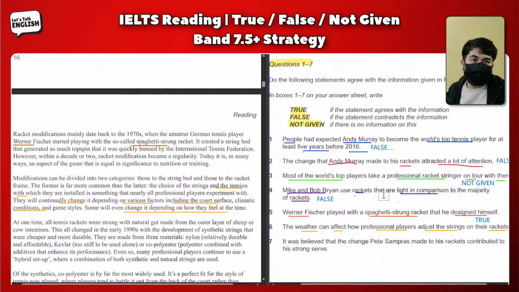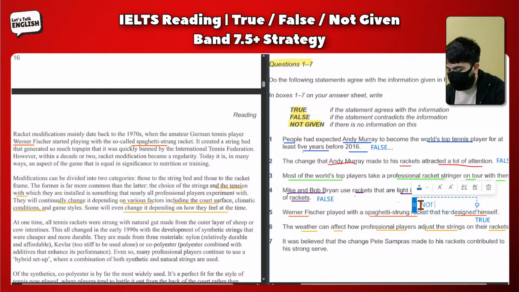We did not find the evidence of whether Werner Fischer designed it himself or not. It does say he used to play with this. So question number 5 also is going to be not given, right? And lastly,